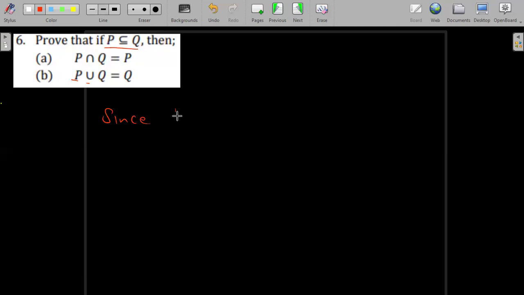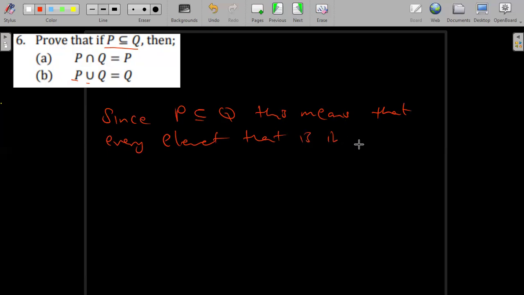since P is a subset of Q, this means that every element that is in P is a member of Q. So this is the first statement we're making. Since P is a subset of Q, every element that is in P is also in Q. Then, suppose